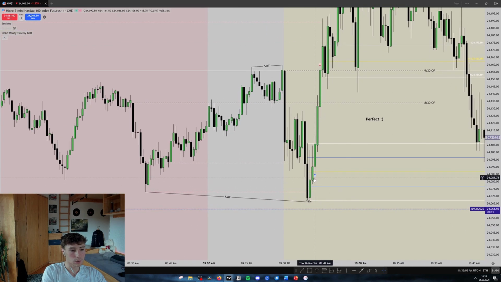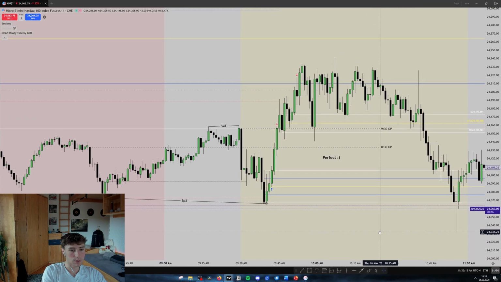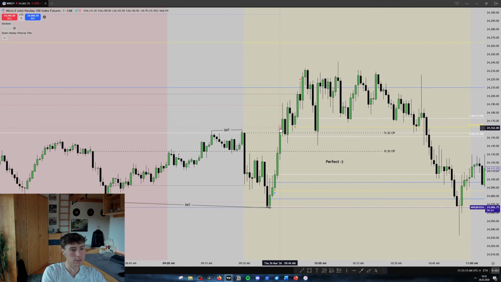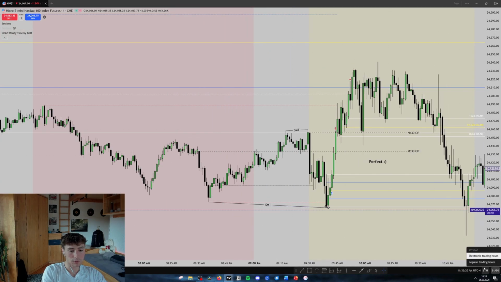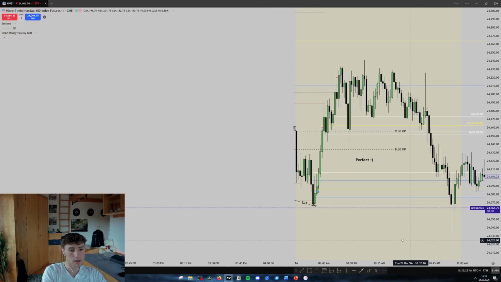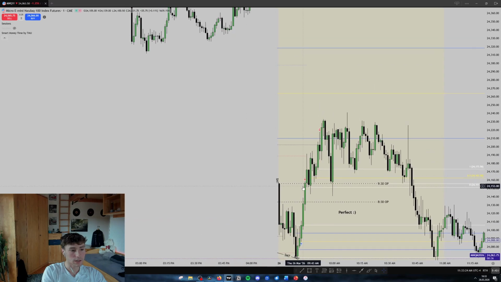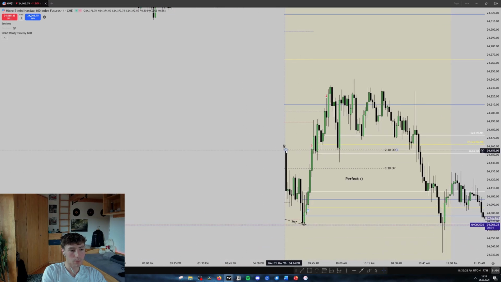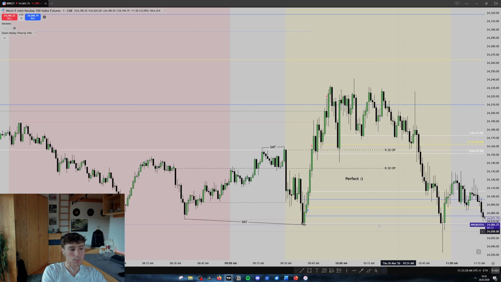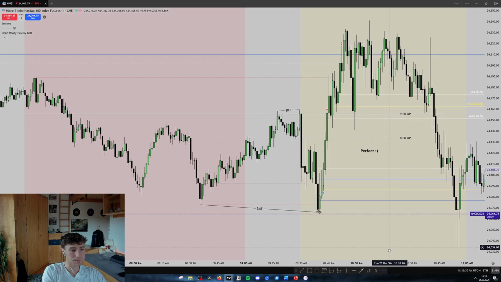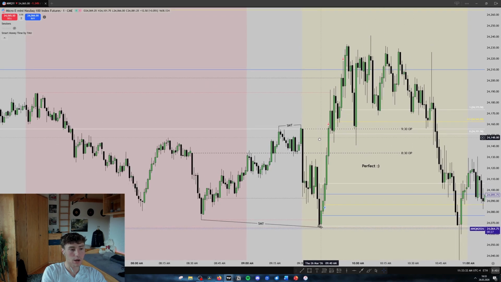I entered once we broke above CE, we traded lower, wanted to see a reaction off CE, we got that. I entered right here with 2 contracts, and from there we only traded higher. Took my first partial right here at 930 opening price. Why? Just because if you take a look on regular trading hours as well, we have just no price action above 930 open, and therefore that's in my opinion a really clean area to take partials,